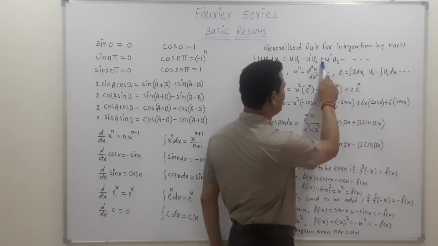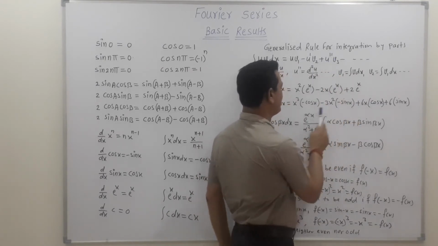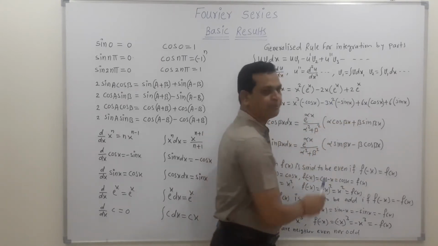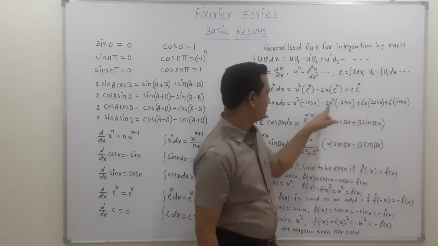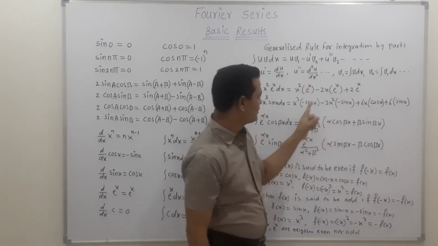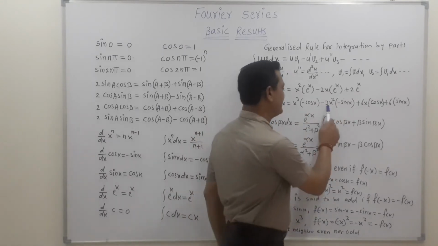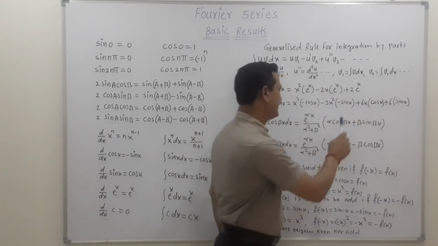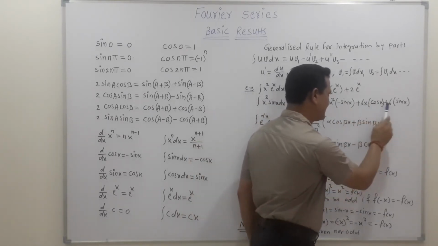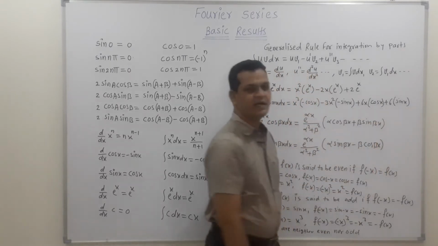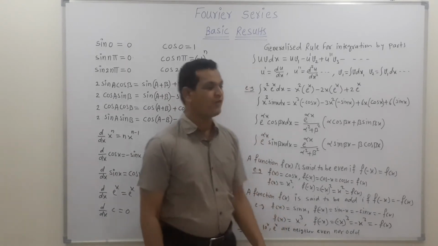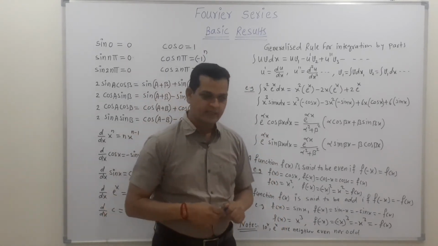Now the sign is plus, then next is u double dash, the derivative of 3x square, which is 6x. We never consider the earlier sign here, because we get the signs from the given generalized rule formula. So only take the derivative of 3x square, which is 6x, then again the integration of sine, which is cos. Again the derivative of 6x is 6 and the integration of cos is sine. In this way we can apply the general rule for integration by parts. This rule is very important for learning the concept of Fourier series.